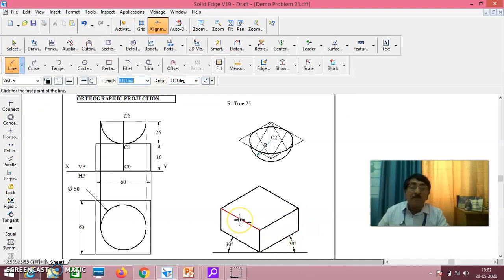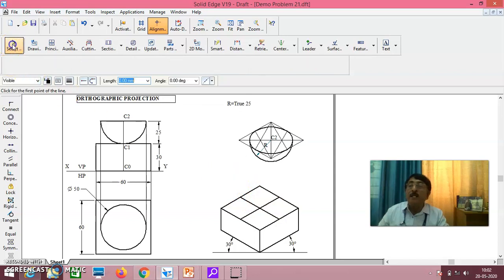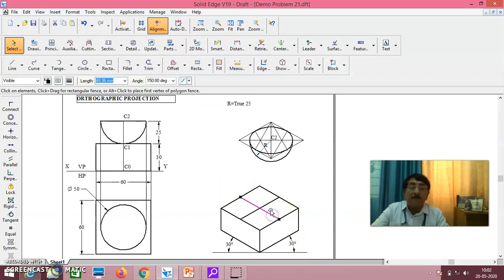See here, from middle to middle, you draw a thin line. Middle to middle, you draw a thin line. If you draw this, you will know this point is C1.